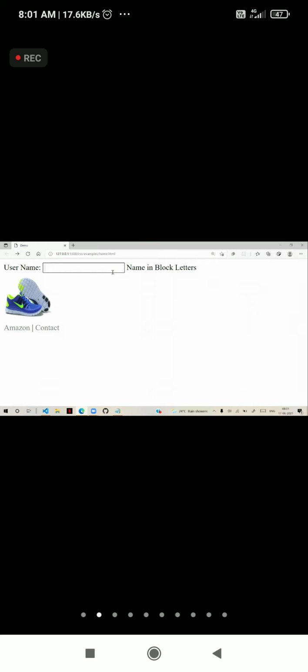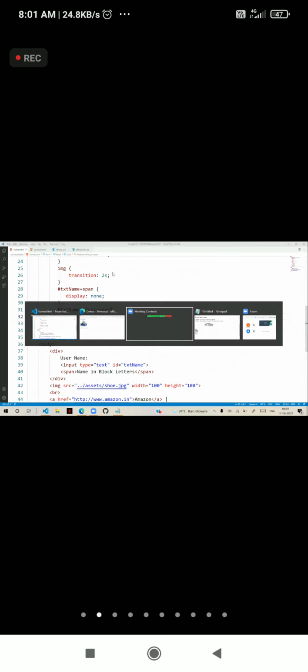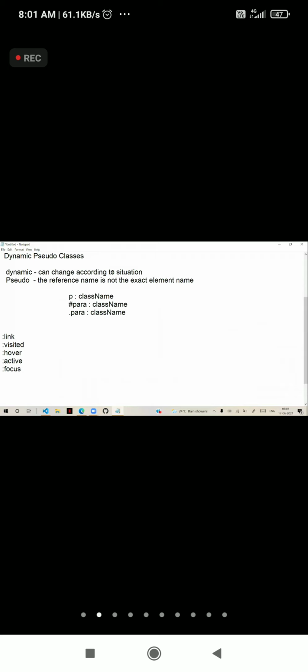We can add effects to the adjacent elements also, depending on the requirement. So that is to indicate whether the element is active or not. That is, you can define focus. So these are all the pseudo classes. So you have link, visited, hover, active, and focus. These are all the pseudo class selectors.